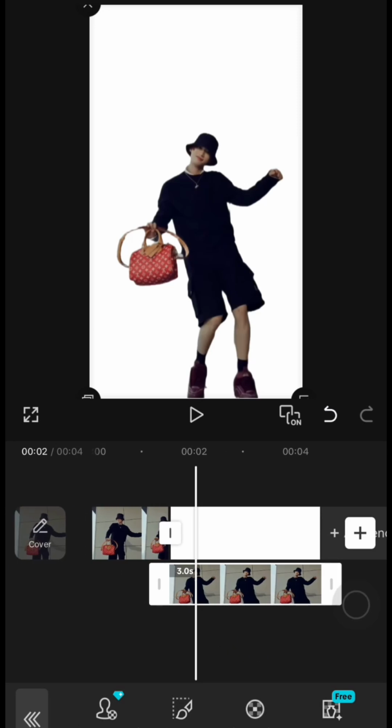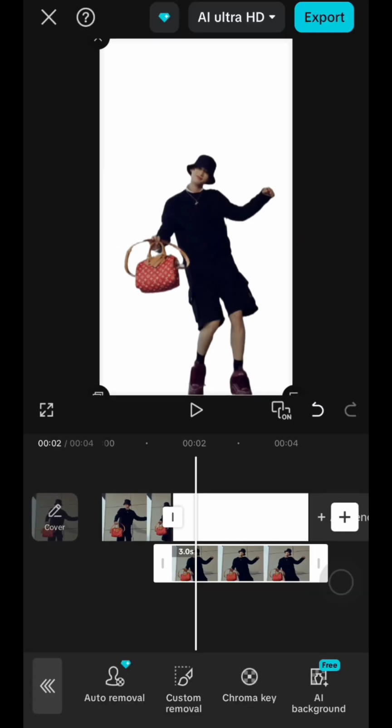Like this. After that, just import a red background